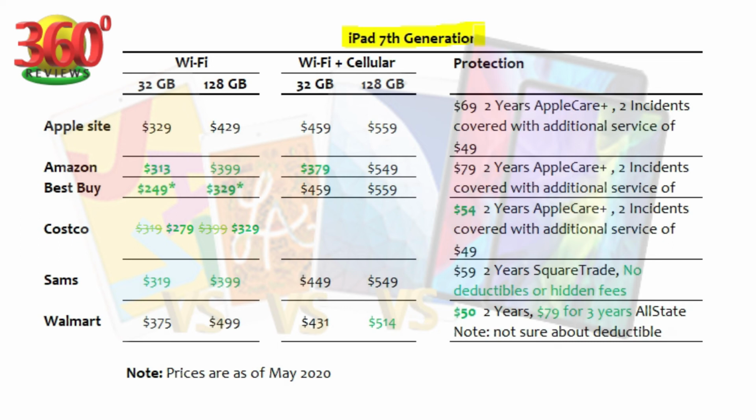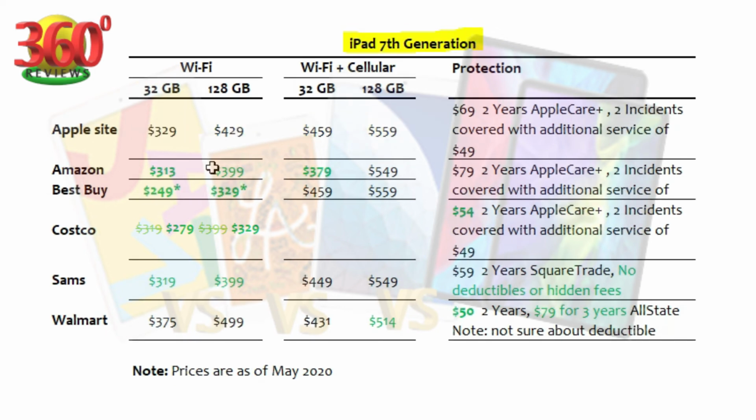On the official Apple website, the 32 GB variant starts from $329 and the 128 GB variant starts from $429, and if you spend $130 more, then you will get the cellular variant instead. Again, the cellular variant will be especially for those who travel a lot and think they might be using their iPad at those locations where Wi-Fi connectivity is not available and you want to be always connected.